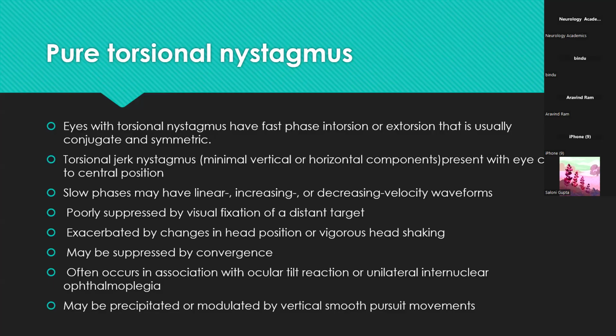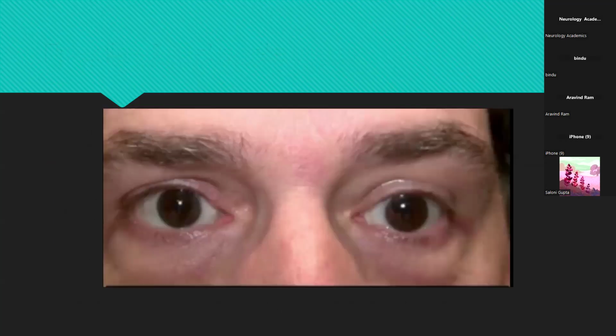However, as opposed to downbeat and upbeat, they can be suppressed by convergence and often occur in association with ocular tilt reaction as well as in unilateral INO, and can be precipitated or modulated by vertical smooth pursuit movements as well. So in this example,